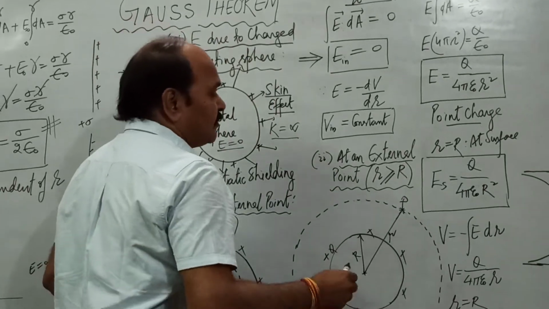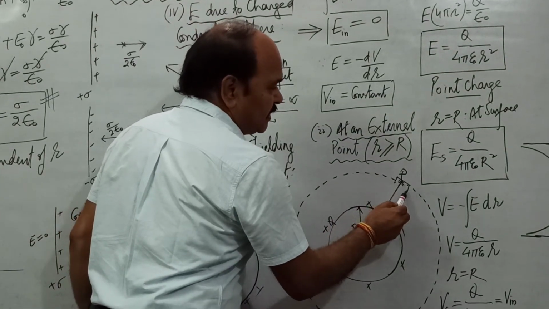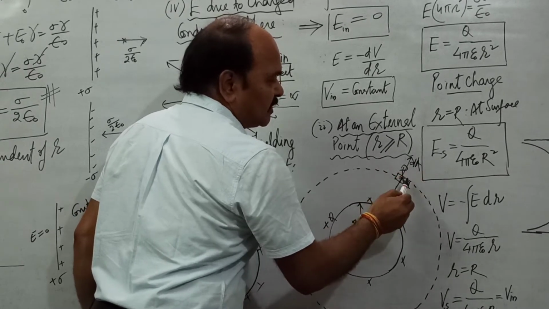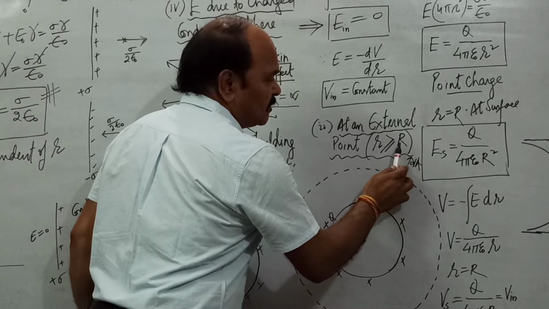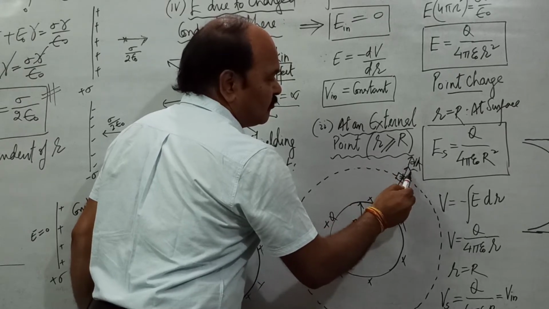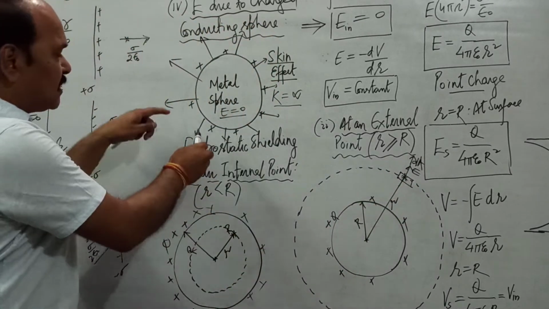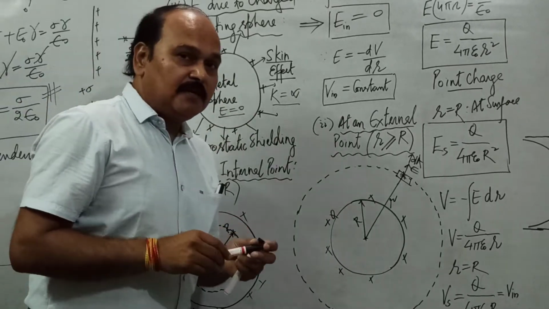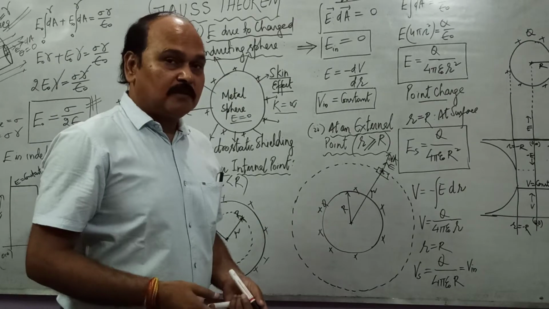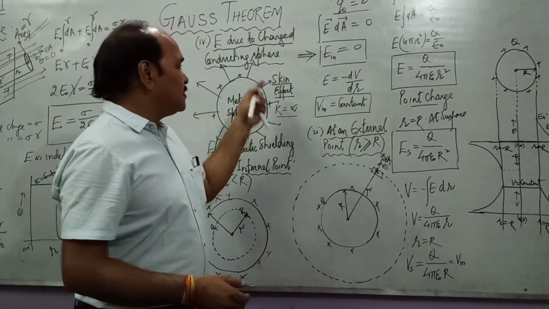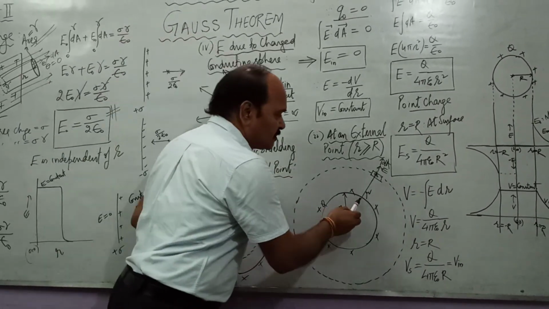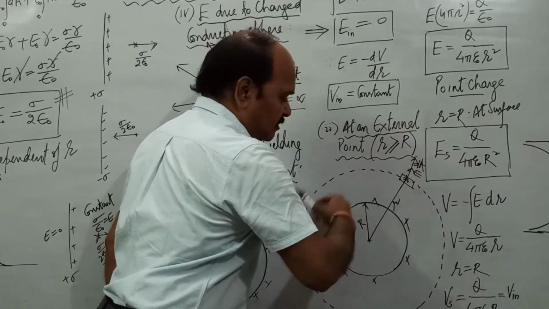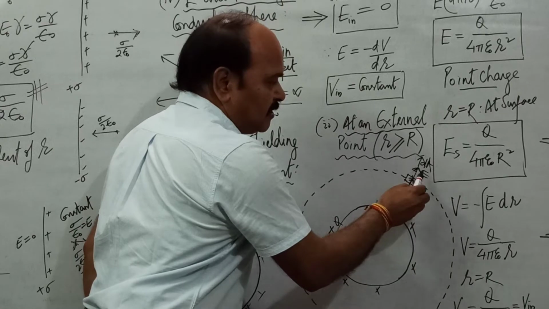What is the surface integral of E dot dA? We take a very small surface area here. The direction of this area would be radially outward, and the direction of the electric field would also be radially outward. Why? Because electrical forces are arranged all around this metallic sphere in a spherically symmetric fashion. They are normally outward, so the electrical forces would all be along the radius of this sphere, and in the process they would be parallel to dA.